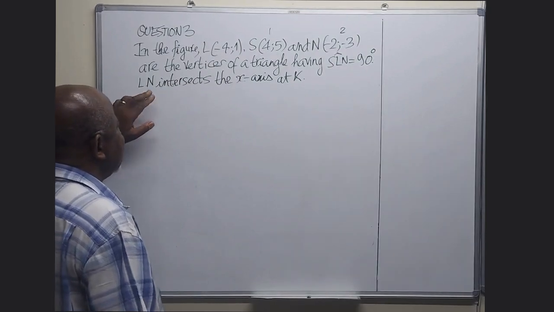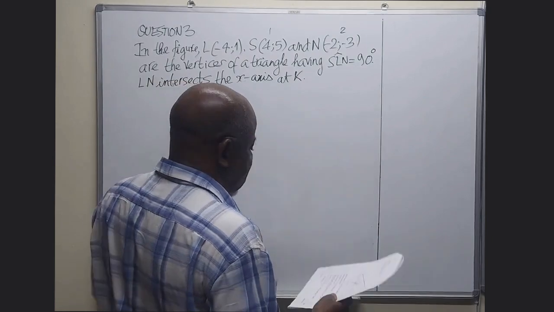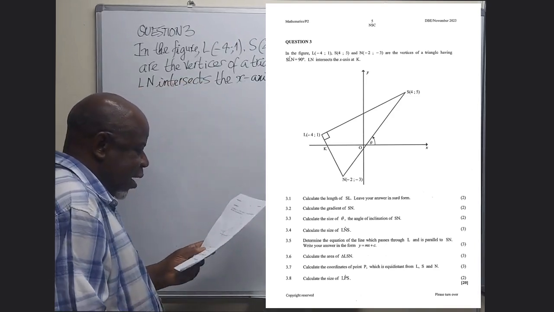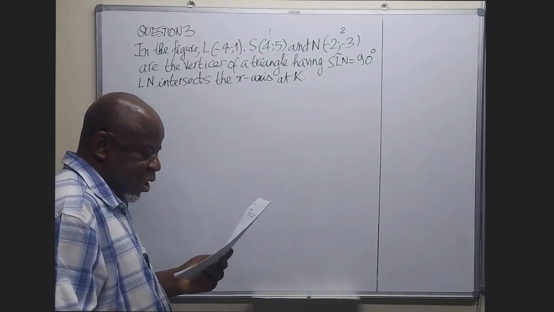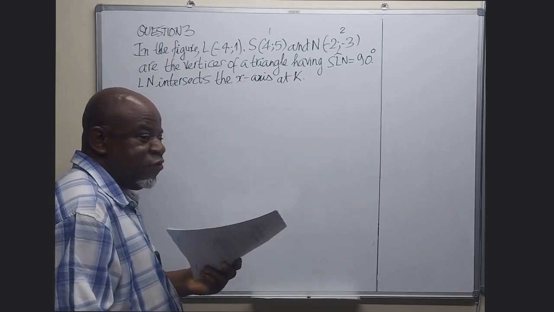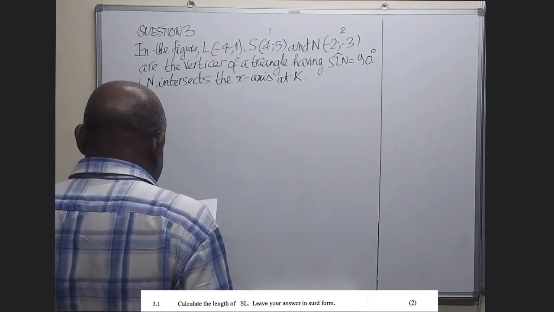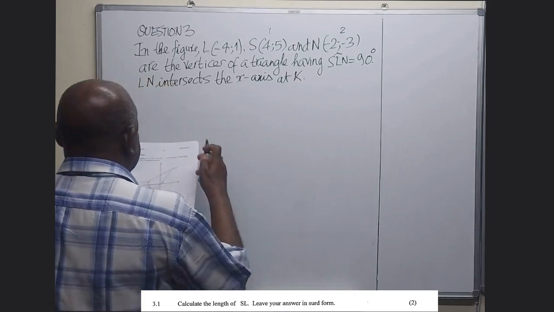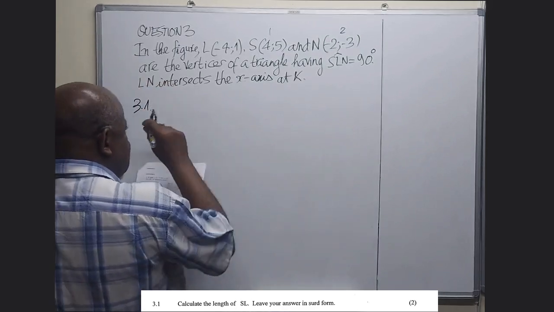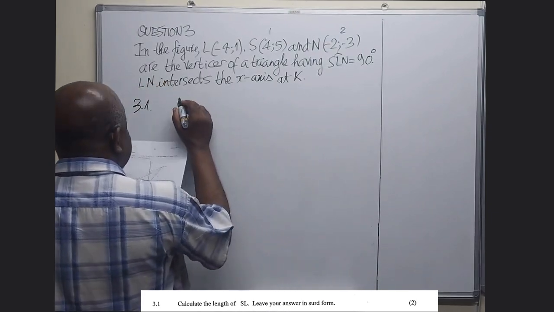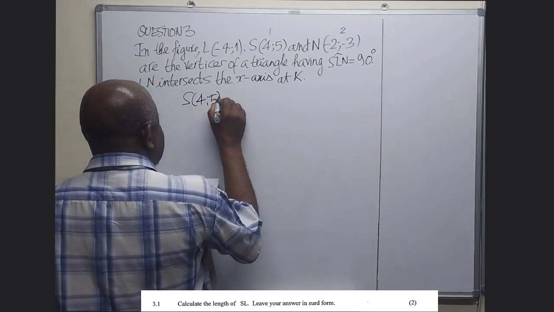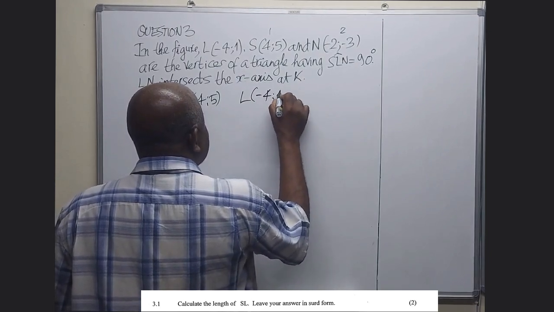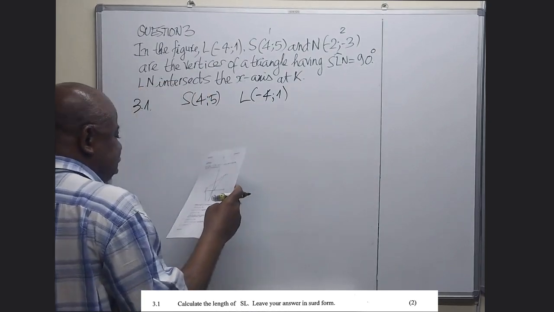LN is a line which intersects the x-axis at K. So question 3.1 is saying calculate the length of SL and leave your answer in surd form. So when we watch our triangle, the coordinate of S is (4, 5) and the coordinate of L is (-4, 1). To calculate the length of SL,